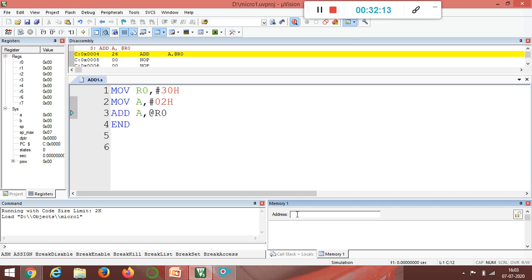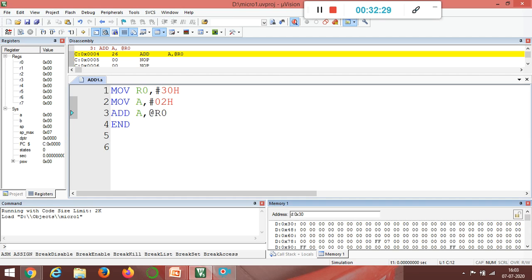So you want the values in decimal or you want values in hex. Okay. So now usually we use declaring the address as D colon 0x30. Then I will press enter.